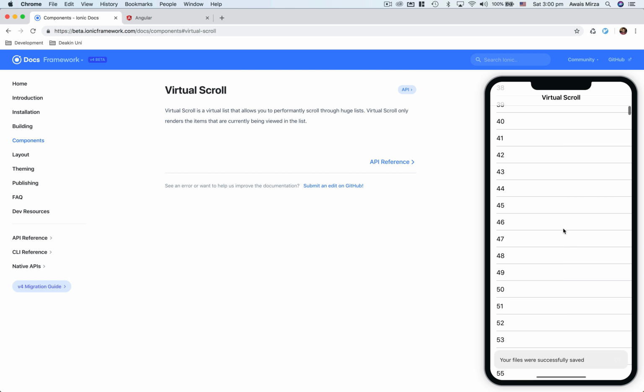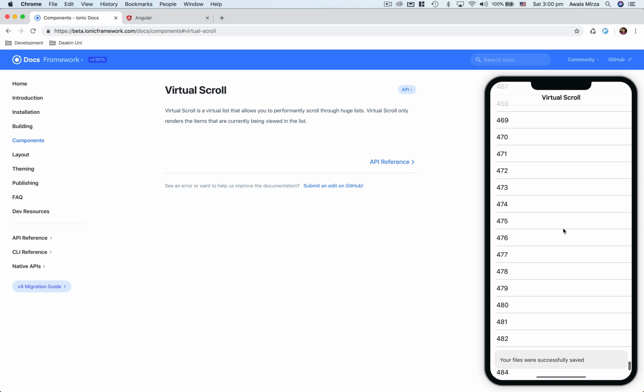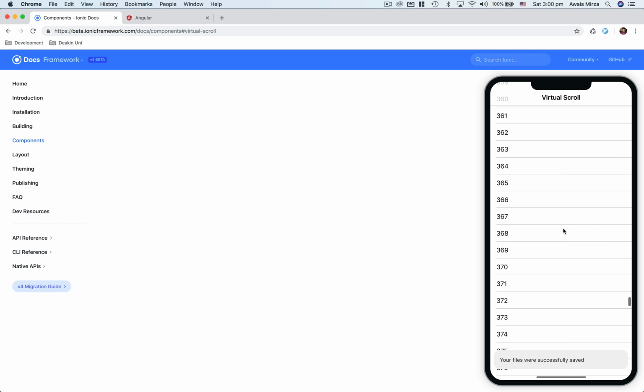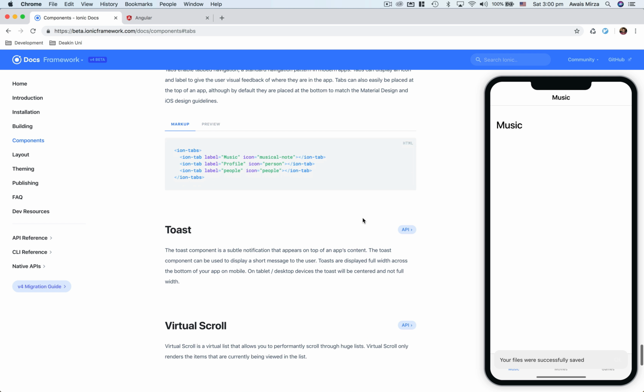Virtual scroll. So we have a virtual scroll. So it says your file was successfully. Now it's going to go all the way to 500 entries. That's called a virtual scroll. Now these are the components that are provided by the Ionic framework. Now as we are learning not Angular 4, but Ionic 4, which means this documentation is not a stable documentation. This is a beta documentation, and they will be adding a lot more components, a lot more information to these